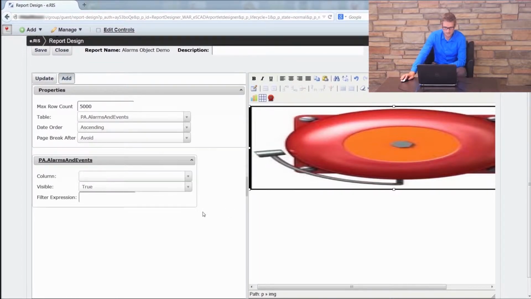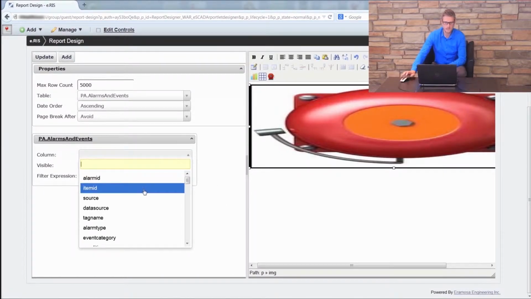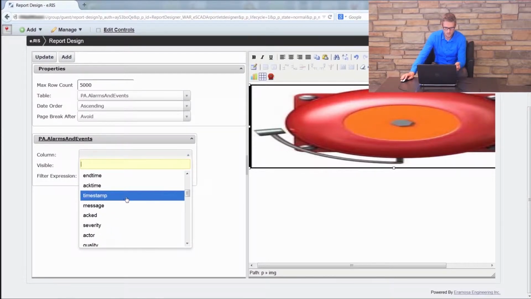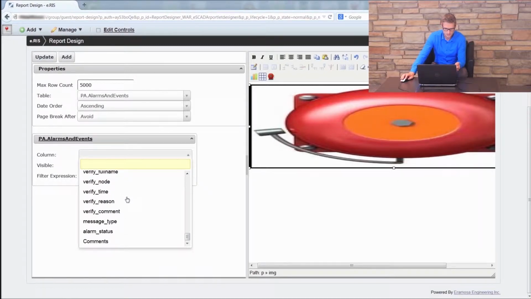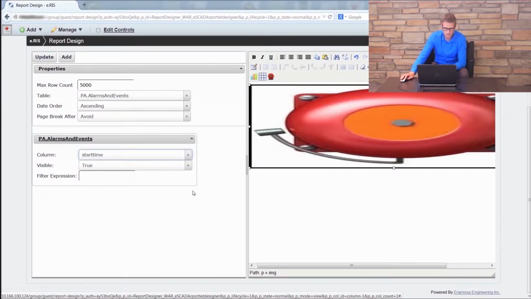And I'm going to add a column. When you add a column, you can choose any of these parameters related to your alarms or events. There's a huge selection here, as you can see. I'm just going to choose 3 of the most important ones. For the first column, I'm going to put in the start time. You can either scroll down and look for it, or you can actually search, just type in the beginning of the column name,